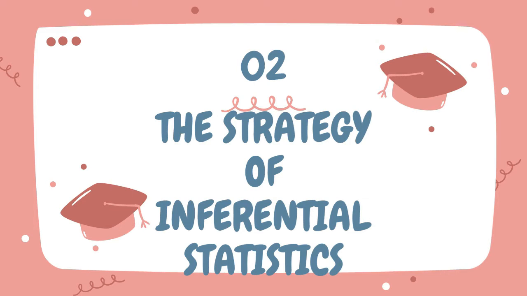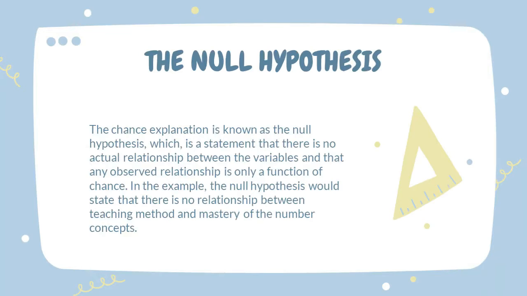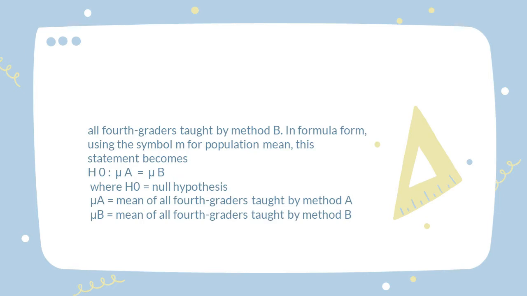The second is the strategy of inferential statistics. The null hypothesis. The chance explanation is known as the null hypothesis, which is a statement that there is no actual relationship between the variables and that any observed relationship is only a function of chance. All fourth graders taught by method B. In formula form, using the symbol M for population mean, the statement becomes